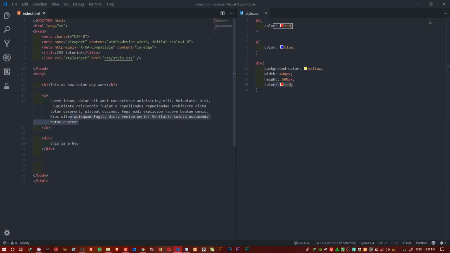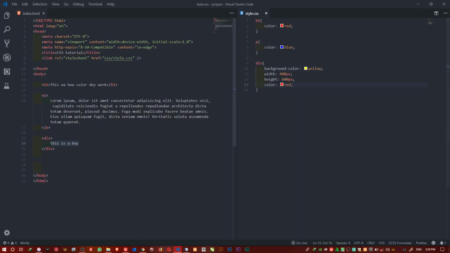If you have to color all this text, you use color. But when you say background color now, you are coloring the container itself. So all this div, section, article, footer, all those ones that we will work on later. But for now, we'll use this div, and this div is a container. So for you to color the container, you use background color. But for you to color the contents inside the container, you use color itself.